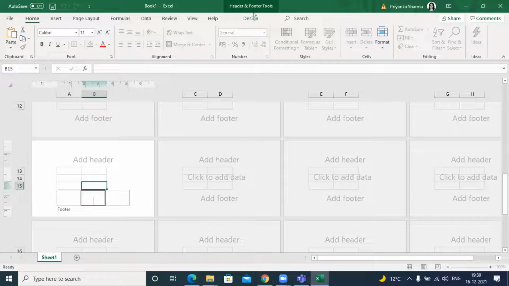I'm going to give you a small activity. Can you please try adding a header and adding a footer in the Excel sheet? Go to the insert option, right? Click on the text and add a header, add a footer. That's all, and click OK. Let me know if it is done.